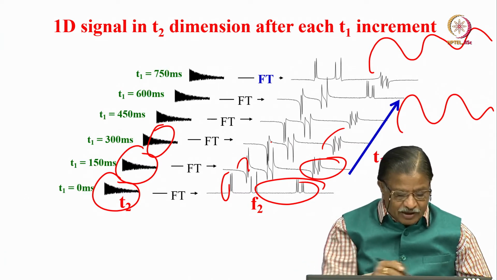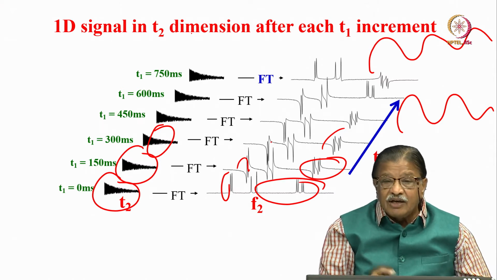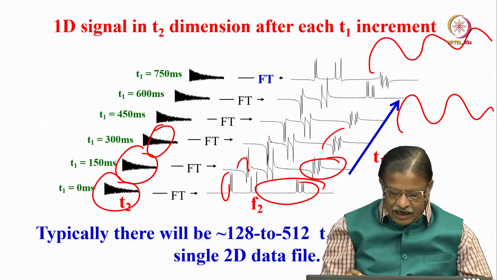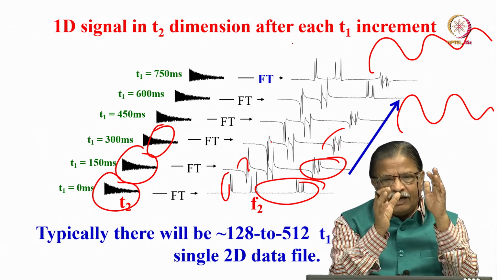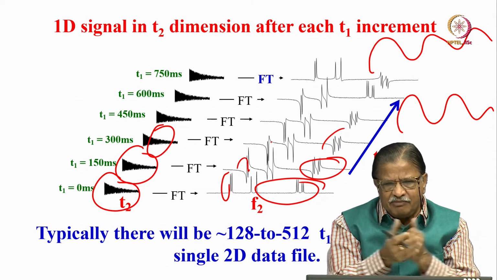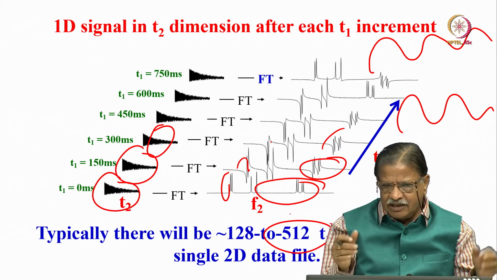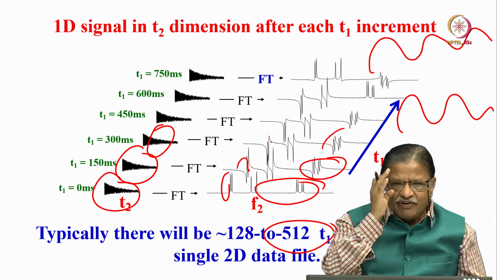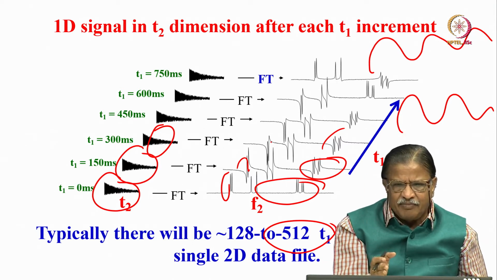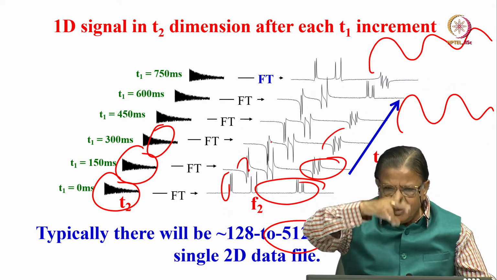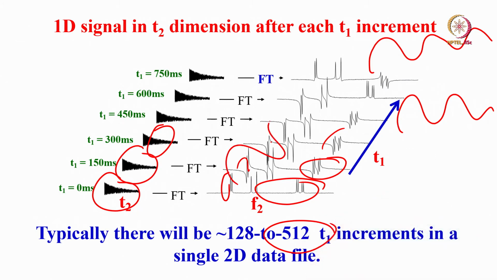So what you are trying to do is, you are incrementing the time and artificially creating a pseudo FID, indirectly creating a FID. And how many such points will you have? Typically 128 to 512. You have enormous memory, so you can increment the T1 points even more, that is up to your choice. Basically, we increment the T1 period, for every T1 period you collect the time domain data in the T2 period, and as a function of T1, at every T1 point you measure the intensity and follow the path. It appears as if you are creating a pseudo FID.